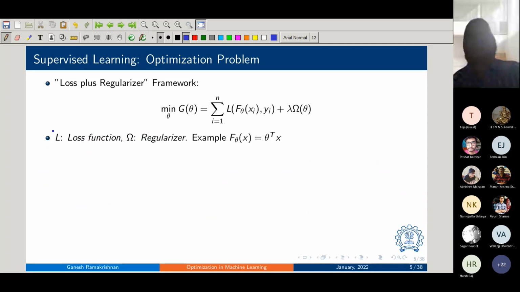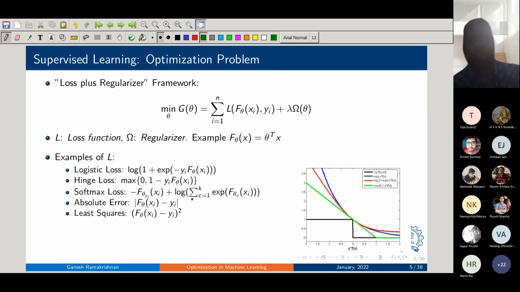So the simplest example of the loss function that you would know, with a simple f theta x being theta transpose x, is the squared loss. If y is, I say, real valued vectors, where n is the number of examples. So let's say we use scalars to begin. Let's just take them to be scalar.